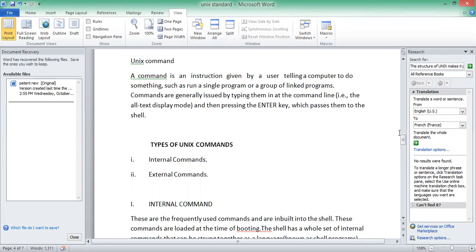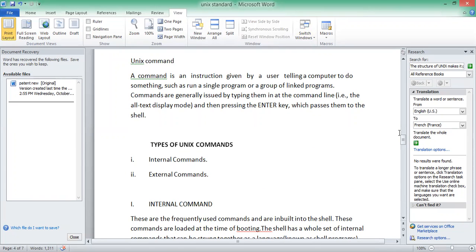In the last session I discussed what Unix is, the history of Unix, why we use the Unix operating system, how to access it, the features of Unix, the architecture of the Unix operating system, the shell, the Bourne shell, and the kernel. Everything was discussed in the last session. So today I will discuss Unix commands.